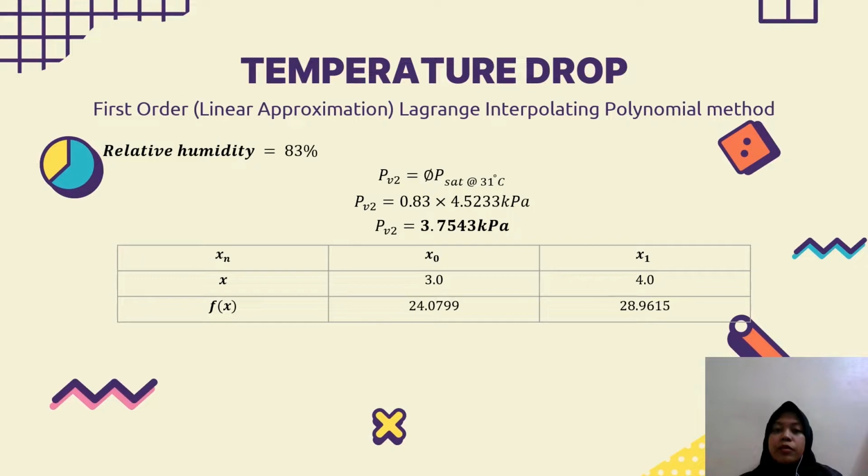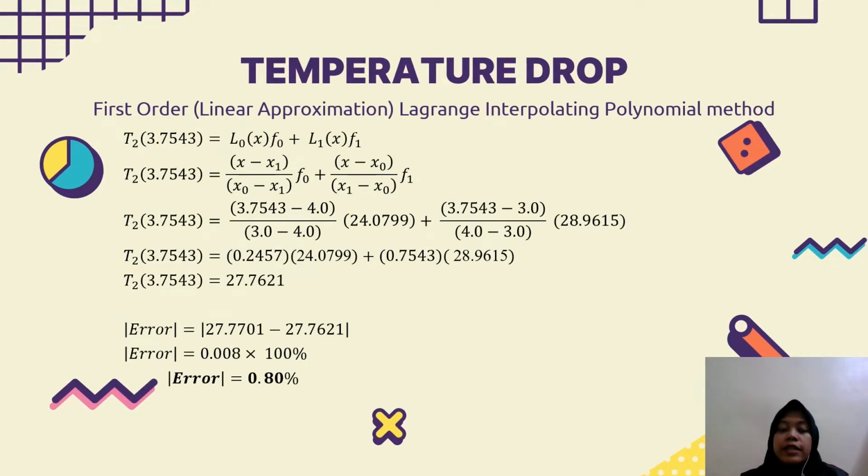And using the same formula and step, we can calculate the temperature drop at relative humidity of 83%. We can use 0.83 times 4.5233 kilopascal. Then we can get the value of pressure, which is 3.7543 kilopascal. Then we use the 2 points, which is between 3.0 to 4.0. By using the same formula, we can calculate the value of temperature 2 at the point of 3.7543, and we can get the value of temperature 2, which is